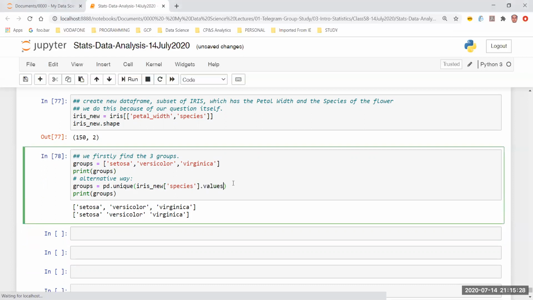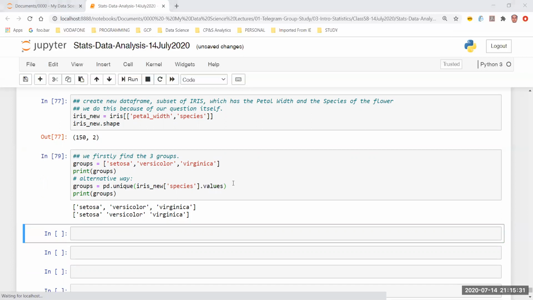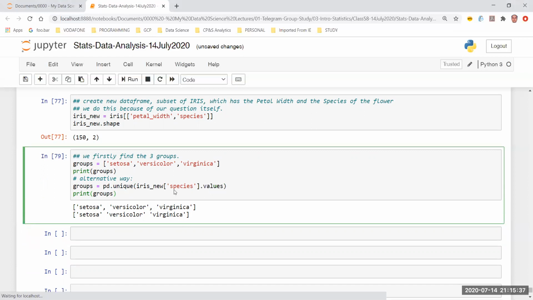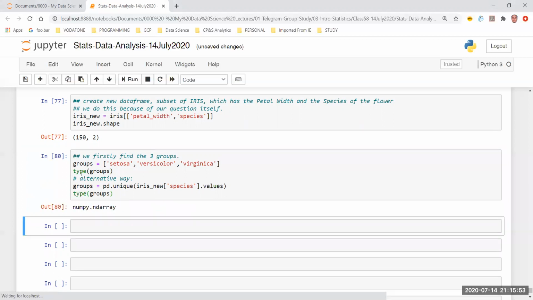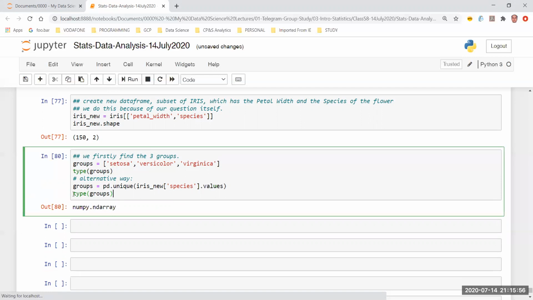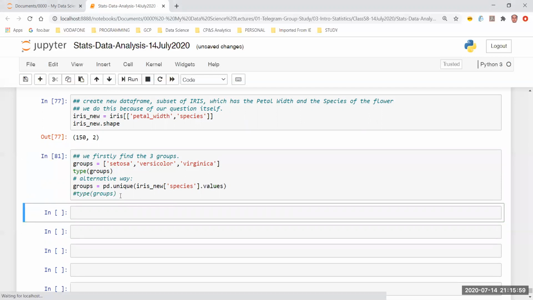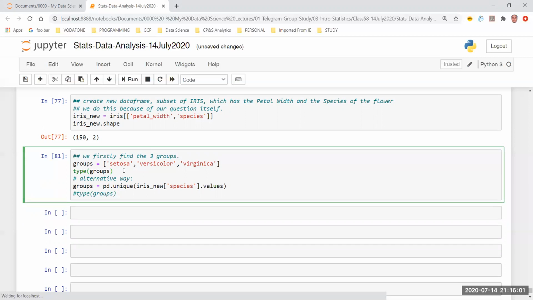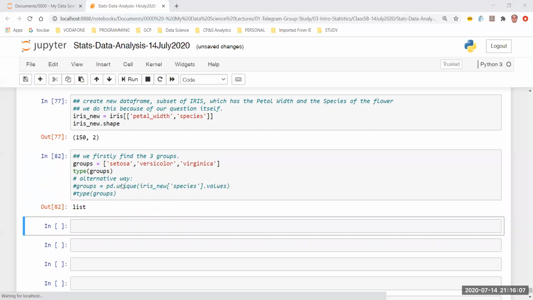So the only thing I can do is take the values from there, and then it will have a good kind of grouping. Both of them are actually lists, or I can represent them as arrays as well, so no problem. Now I have created this group. Let me just see the type of this. Okay, so I have the numpy ndarray. What about this one? I believe the first one was a list, right? Yes, this was a list, so why not take the array?